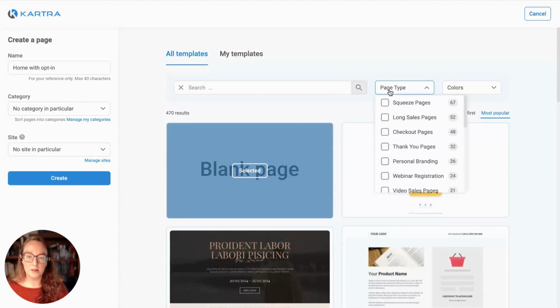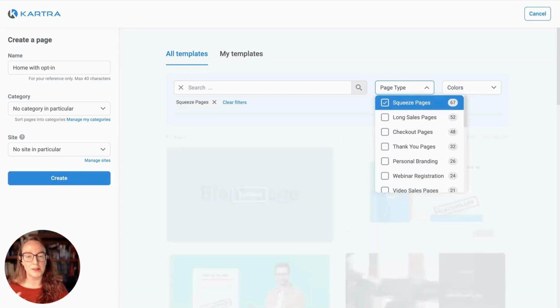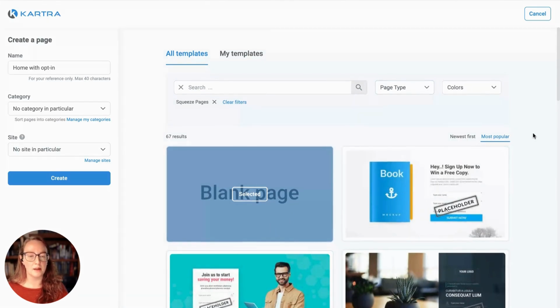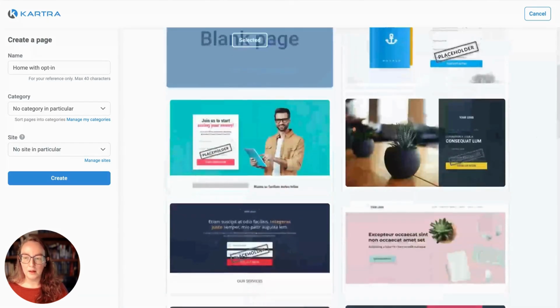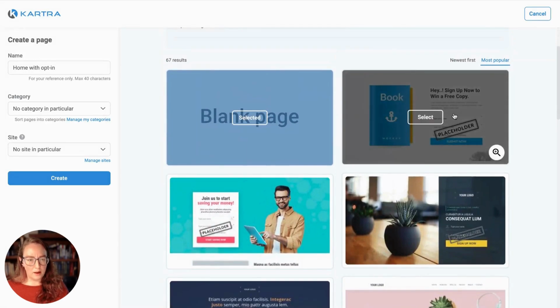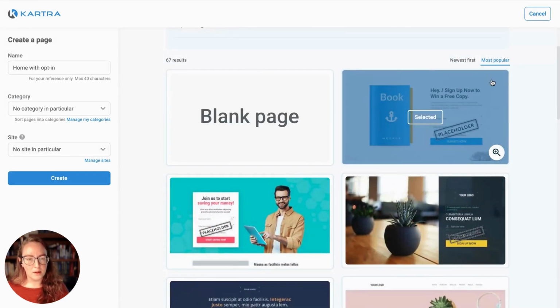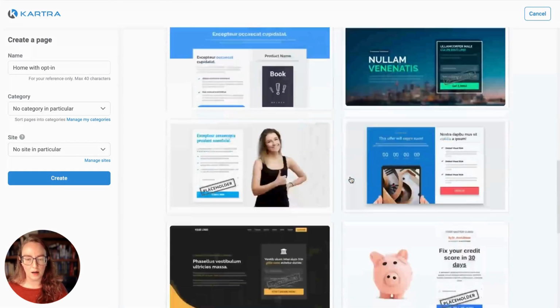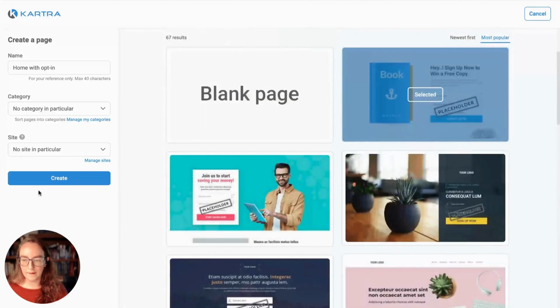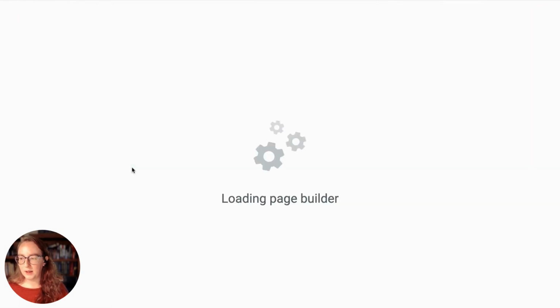And I am going to search for a page template that already has a form placeholder in it. So that would typically be what's called a squeeze page. It's where people come in and give their information. The intent of the page is to capture their information. So let's choose this one just to show you how that works. So I choose my template. You can browse through here. There's lots to look at. We'll create the page